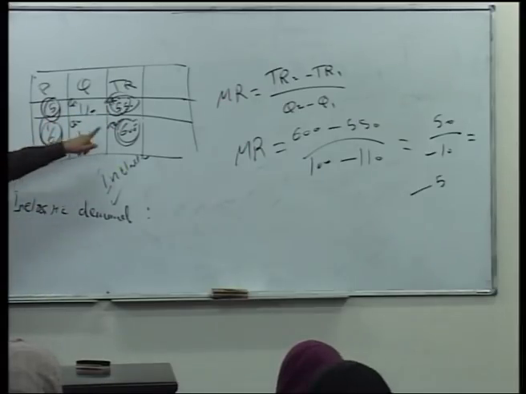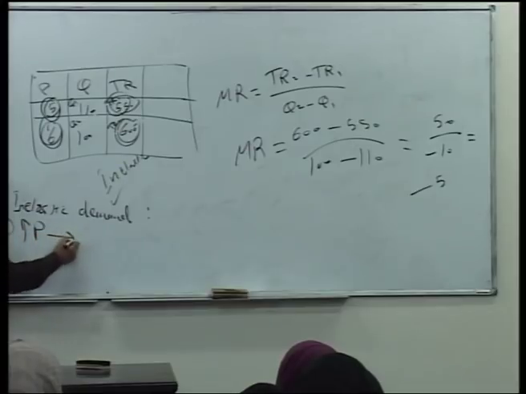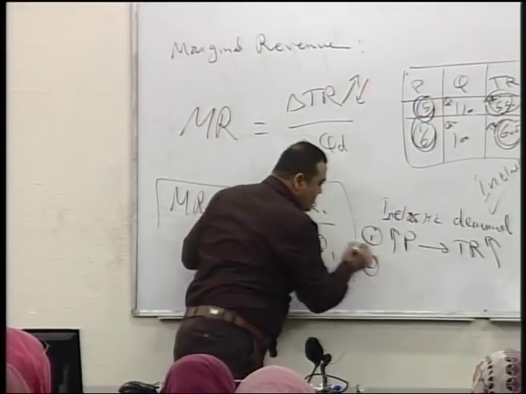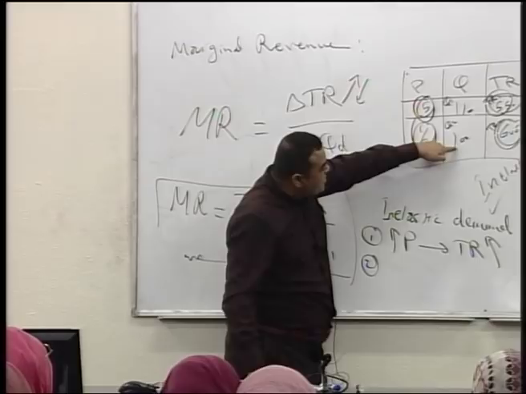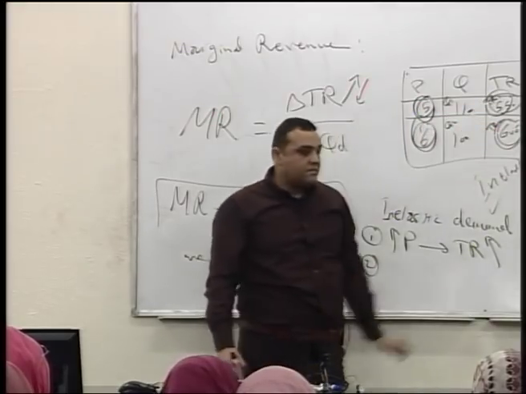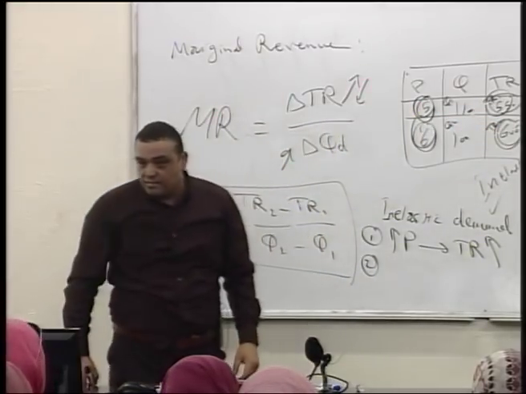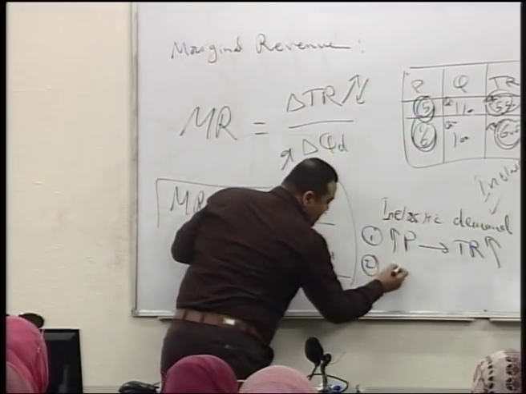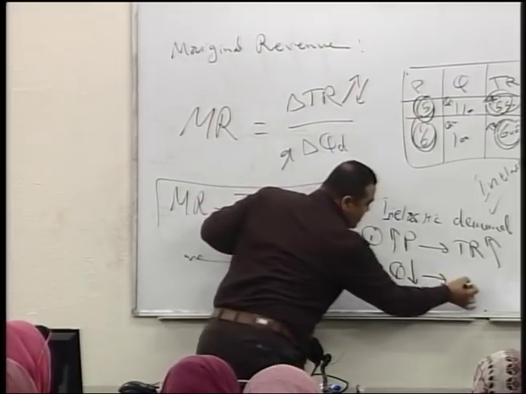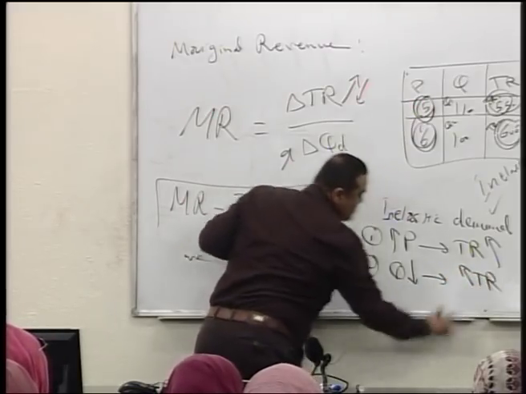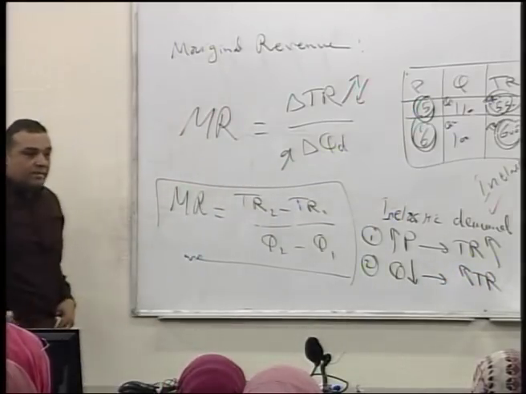Price declined, total revenue declined. مظبوط؟ This is our result. Number one, when the price increased, total revenue increased. Number two, quantity declined, total revenue increased. صح؟ Quantity goes down, leads to increasing total revenue. صح؟